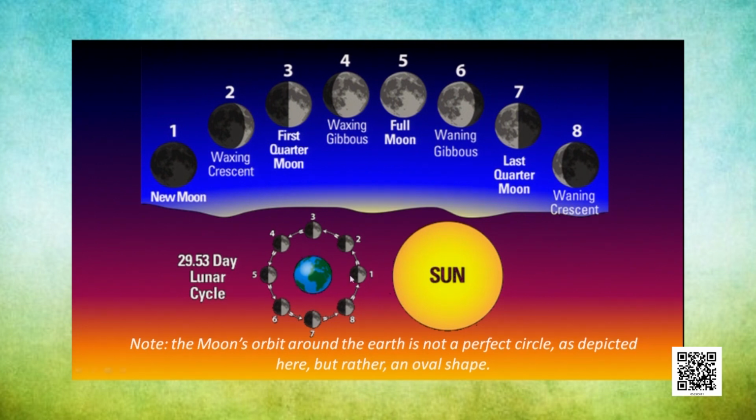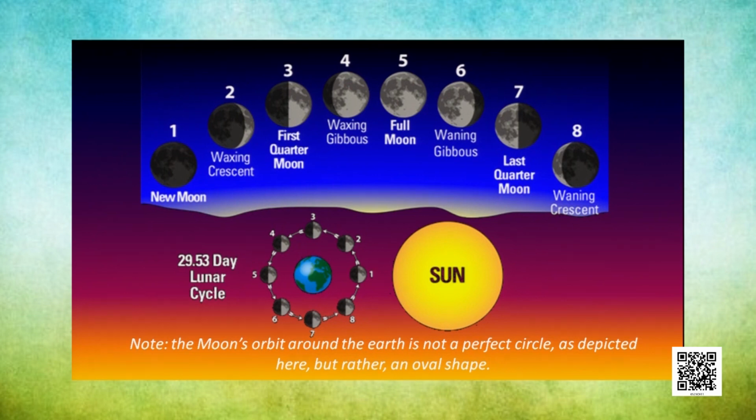Now let's see the different phases of the moon. Earth is here and this is the first day of the moon. Suppose the first day is the new moon day. We don't see any moon in the sky. Why does this happen? The position of the sun is here, behind the moon. What happens when we view the moon from the earth? Due to the light of the sun, we see all black over here. The moon is present, but we cannot see it. We call it new moon. This day of new moon is also termed Amavasya.